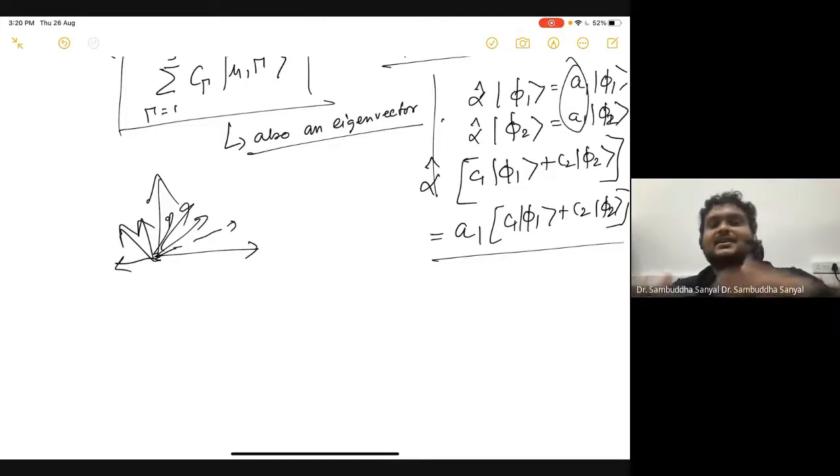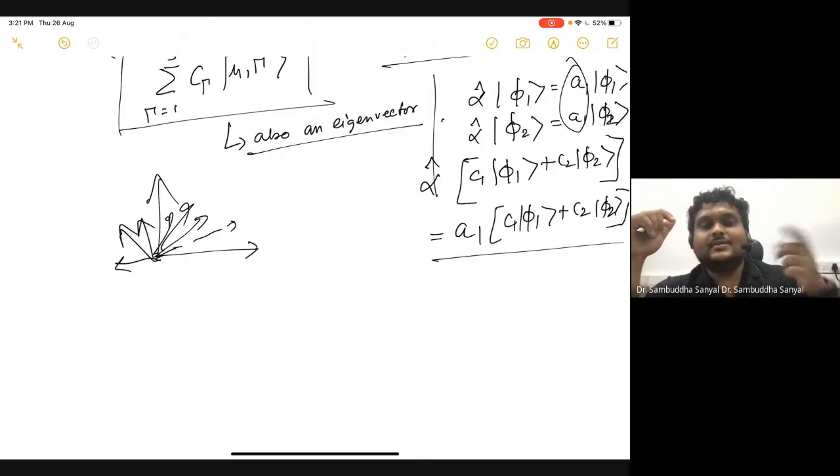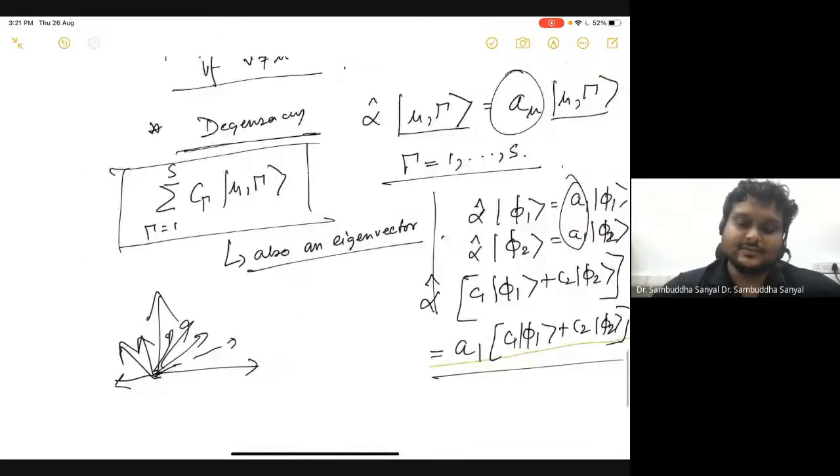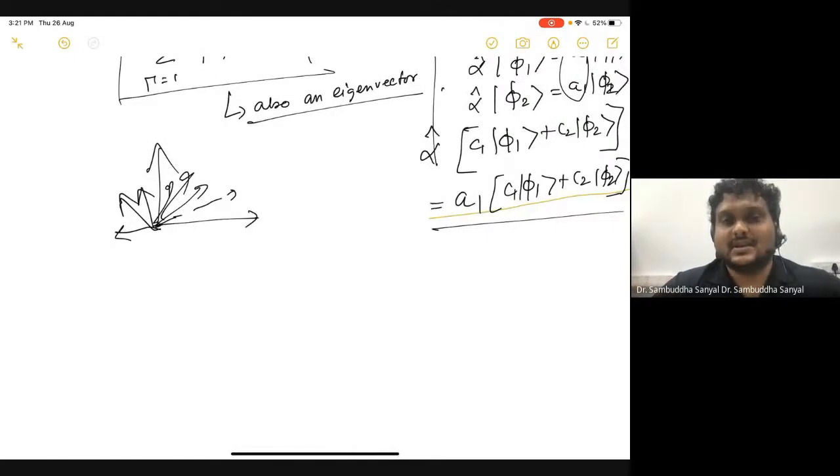Then how do you construct a mutually orthogonal set? You construct it by choosing an arbitrary linear combination as your first eigenvector, and then you keep finding new orthonormal eigenvectors to that. So there is an arbitrariness in that. All of them are valid. Any arbitrary choice is valid, but you want to make them orthonormal. That is useful for some physical reason, because as you have seen earlier, this orthonormality is useful. So that is the process to construct that. There are some examples in Griffiths, you can look that up.